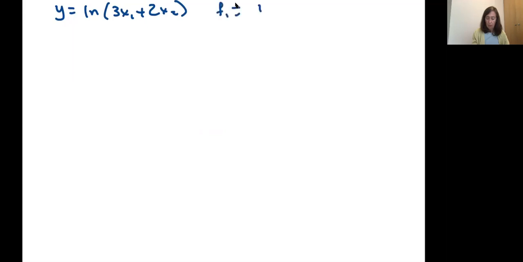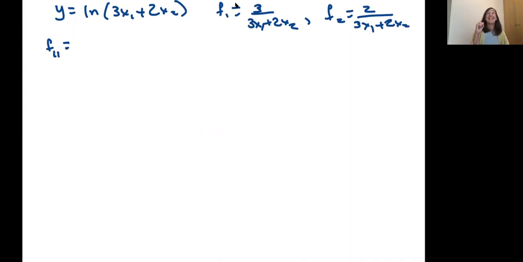F1 is 3 over 3x1 plus 2x2. F2 equals 2 over 3x1 plus 2x2. And what we've just found so far is that the second direct partial, f11, was negative 9 over 3x1 plus 2x2 squared. To find this cross partial here, now I want to take the derivative with respect to